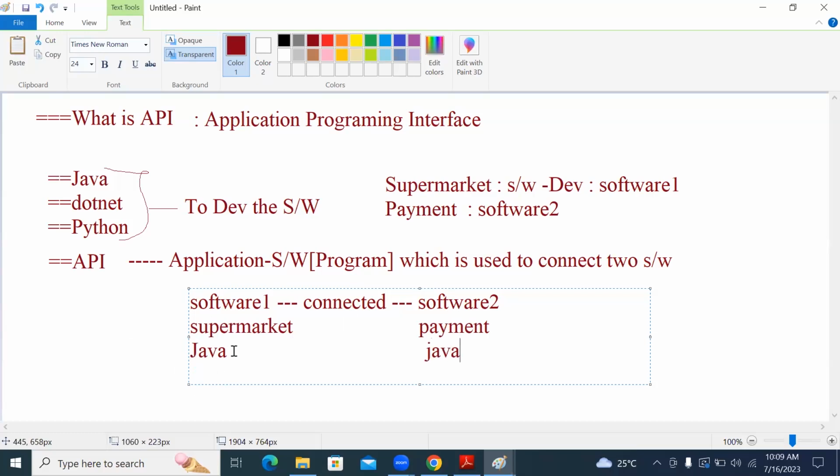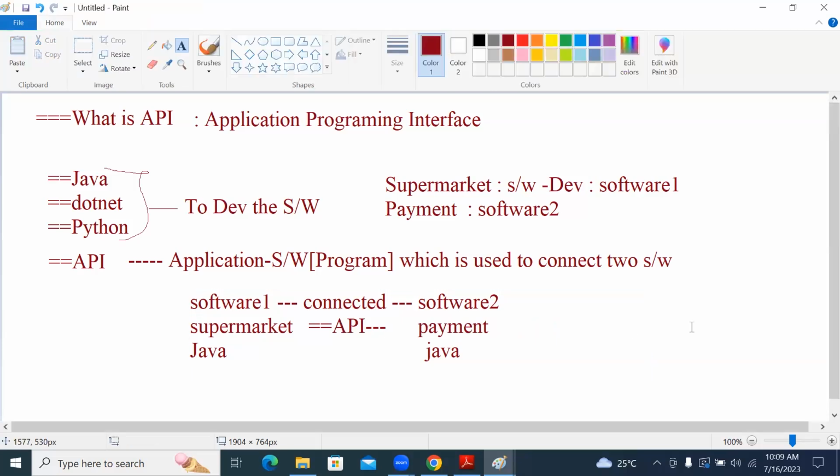But for supermarket software, you will get different types of software, while payment is the one common software. Because of that, these two things have been connected with one API. That is how, in the current market, the API concept came into the picture.